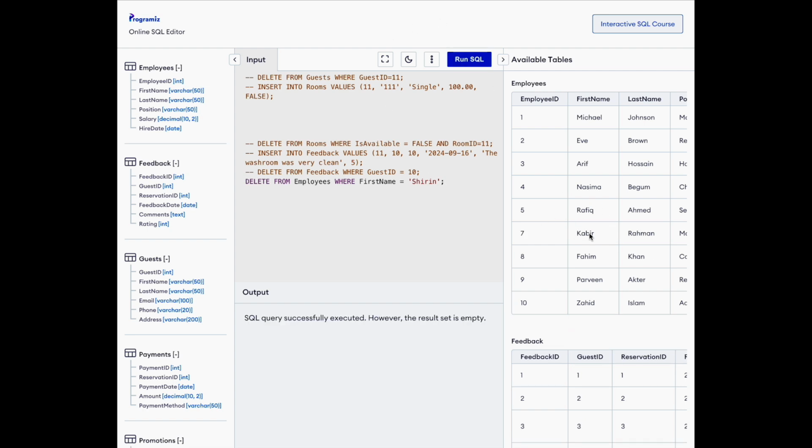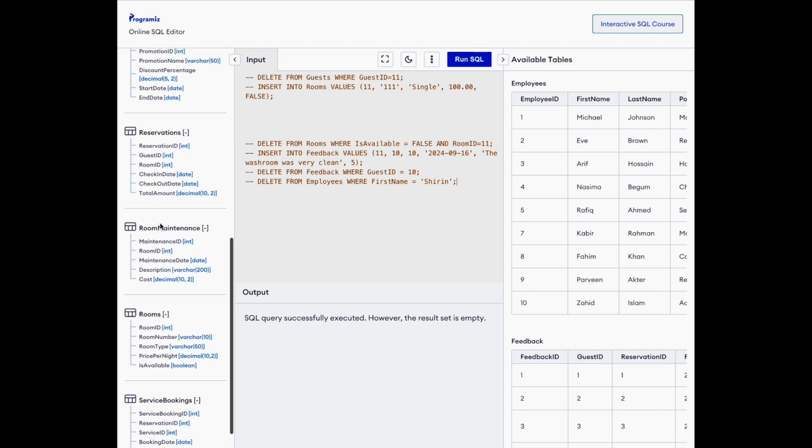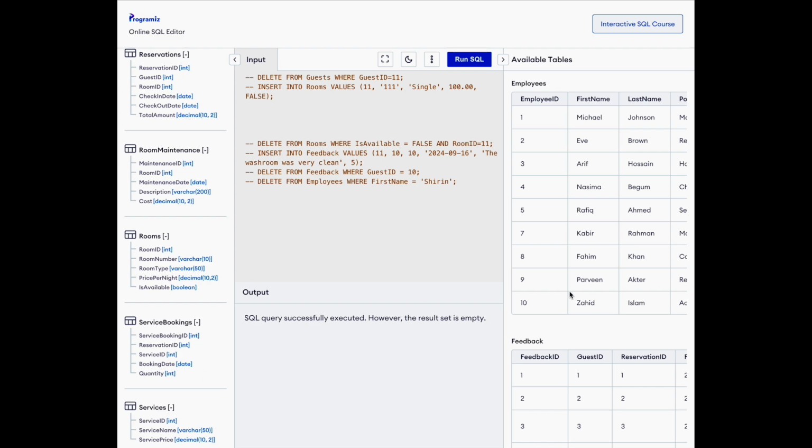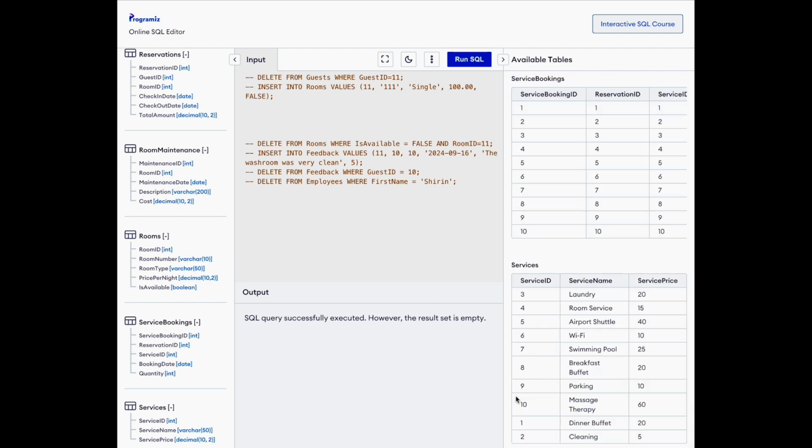Okay, so as you can see, the first name with Shirin has been deleted. Also, everything associated with that row has been deleted. Okay, so let's just delete another query. Let's just use another delete query for the services. As services has some dependencies with the service booking, deleting one service will also cause a confusion